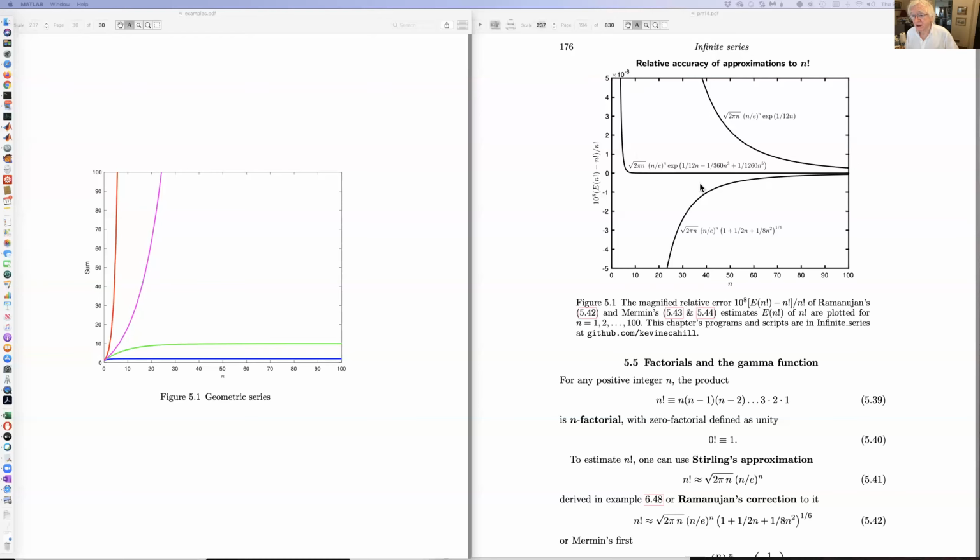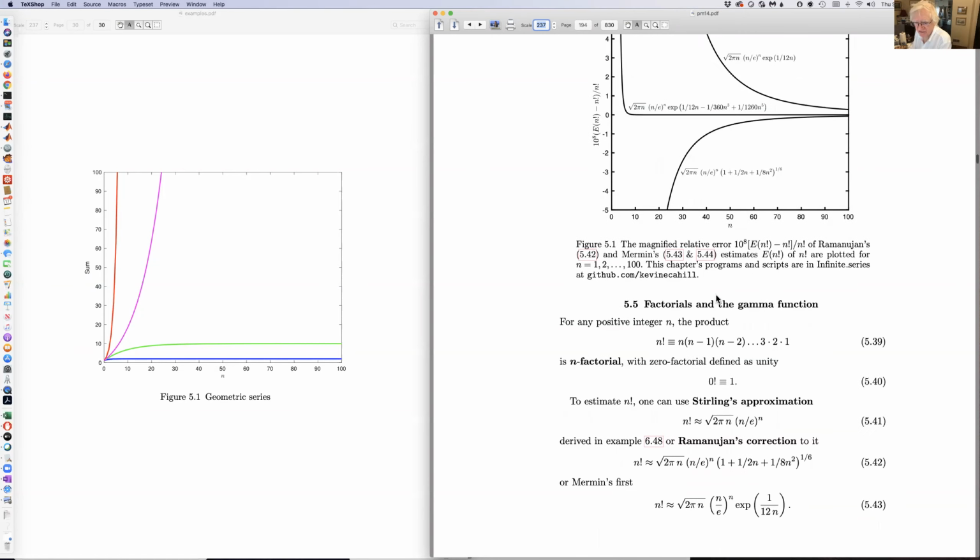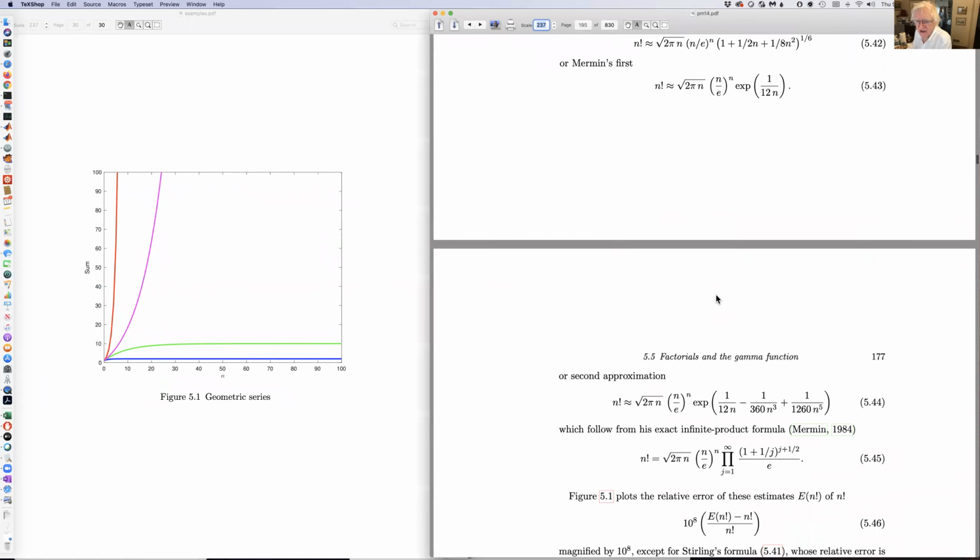And notice that as n gets to 100, they all converge pretty well. On the other hand, the Stirling approximation is way off, and I couldn't fit it on the graph there. I probably should do another graph in which it's possible to have Stirling's formula there. In any event,